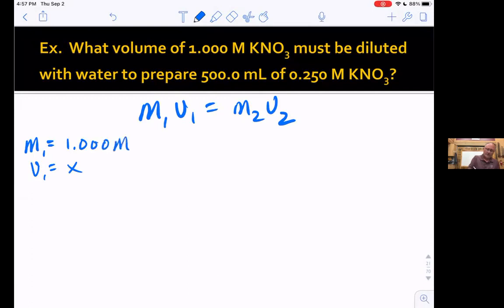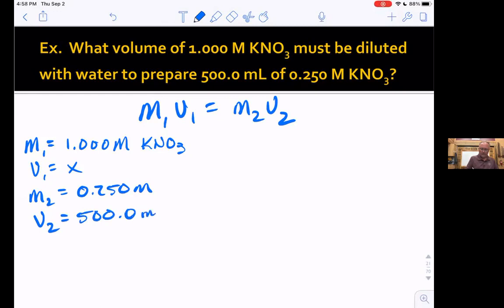And this would be 1.00 molar potassium nitrate. Listen to me, one compound, one solution. We want to use a 1 molar solution as our stock solution, and then change it to 500 milliliters of a 0.250 molar solution. So my M2 here would be the 0.250 molar potassium nitrate solution, and my volume 2 here would be 500.0